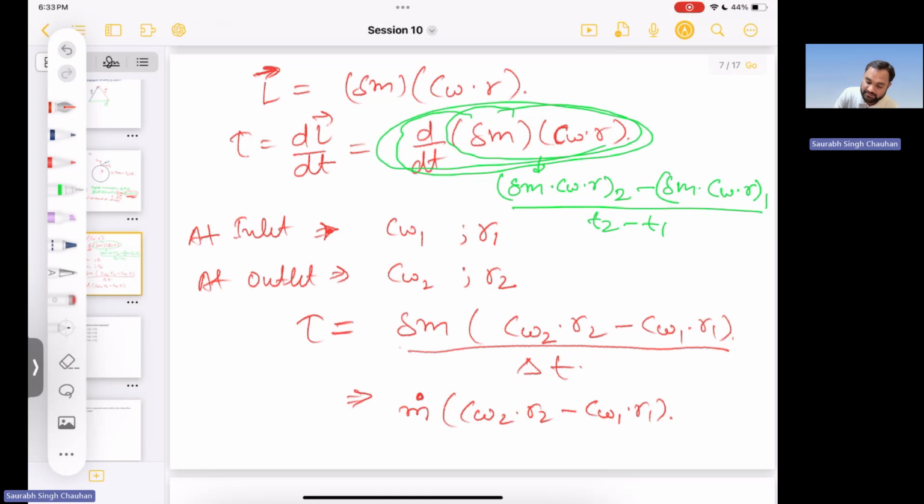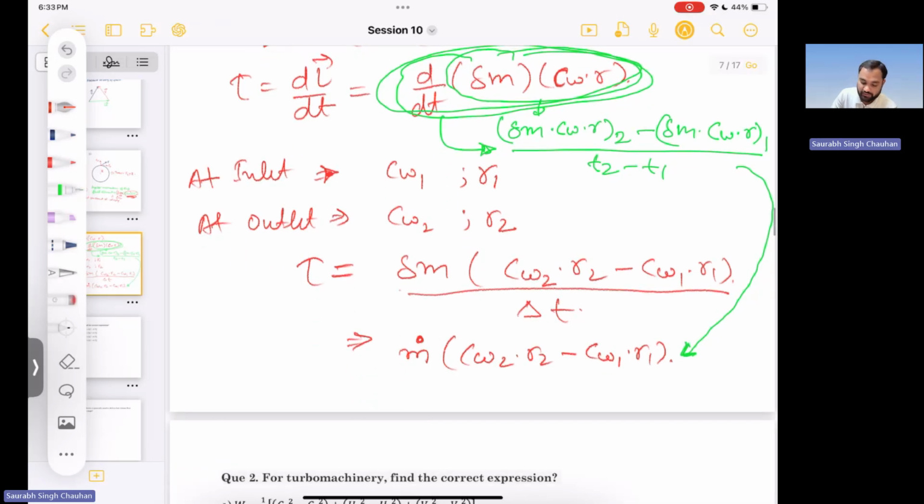I have simplified that, and since delta M is constant, we got this. So the torque is given by mass flow rate times CW2 R2